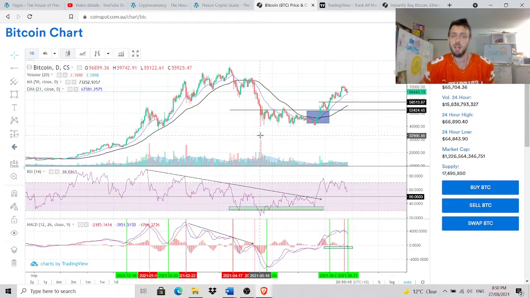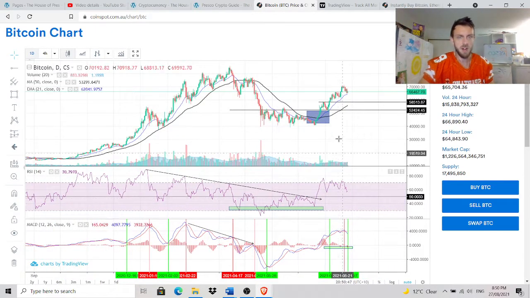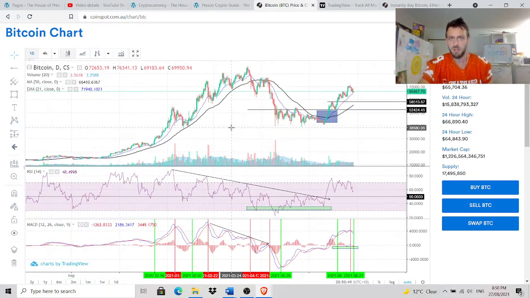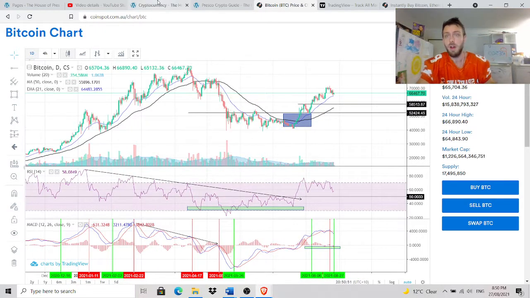So I don't really see anyone else measuring momentum by the 50 of the RSI, the 50 of the moving average. The guys I watch over here,